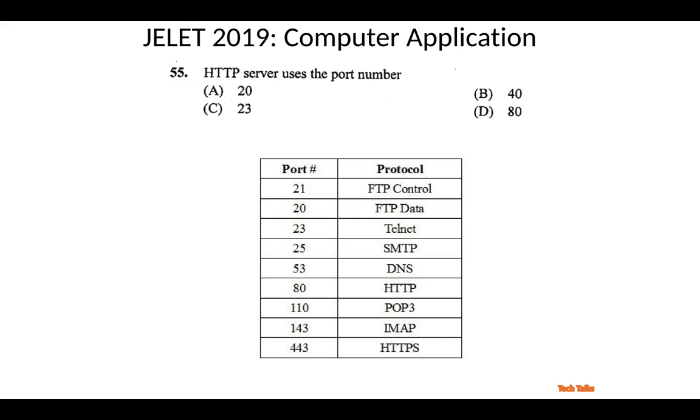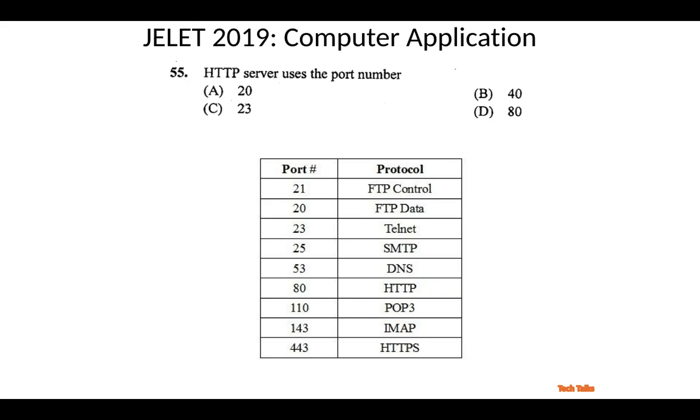So you see that FTP, already we have discussed in the last slide, uses basically port number 21. Now FTP data, that is FTP control and data, FTP uses two port numbers, 20 and 21. Again 23 is used by Telnet. Telnet is also a remote login facility that administrators normally use to log in to a server that is kept in a different place, and they log in using the internet from another, remote place. So again SMTP, already we know, simple mail transfer protocol, uses port number 25. So DNS, domain name server, uses port number 53, and HTTP uses port number 80. So our answer is D.